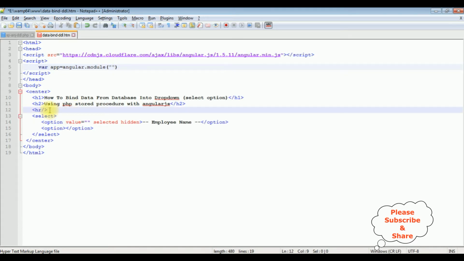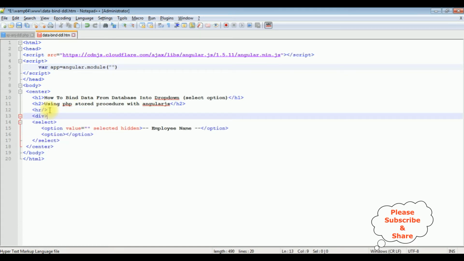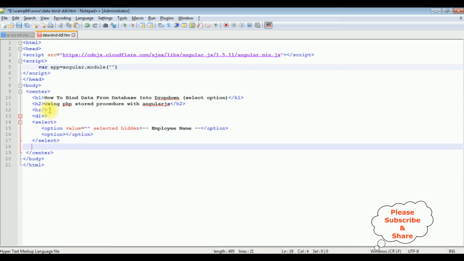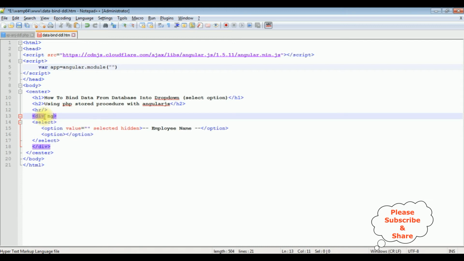So let's add the div tag after the horizontal line. I'm closing the div tag. Inside this div tag, I'm adding ng-app is equal to my app. When I add the ng-app directive in this div container, the HTML elements we are placing inside it belong to this ng-app Angular application. So let's copy this one, paste here, comma, array,